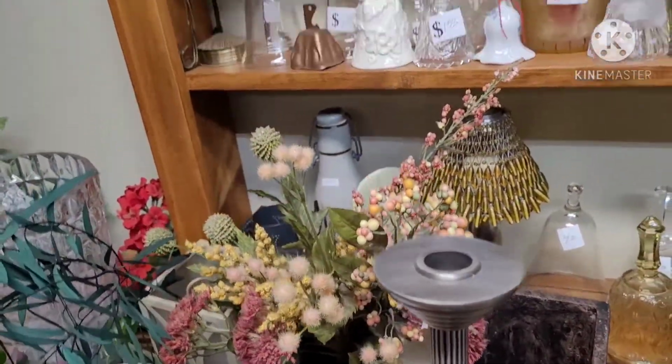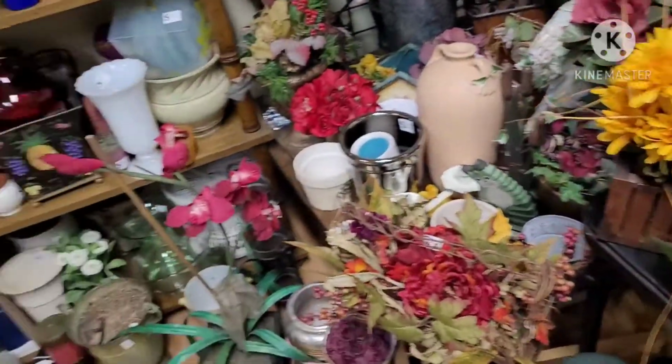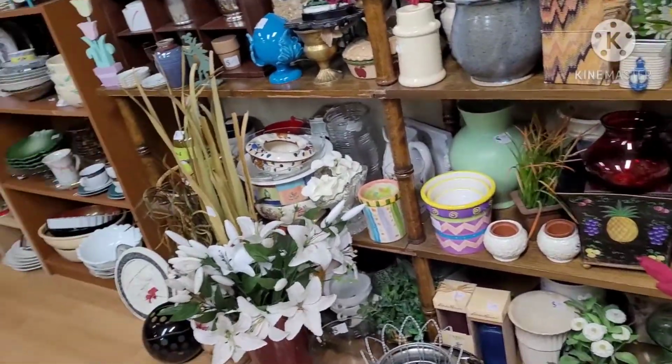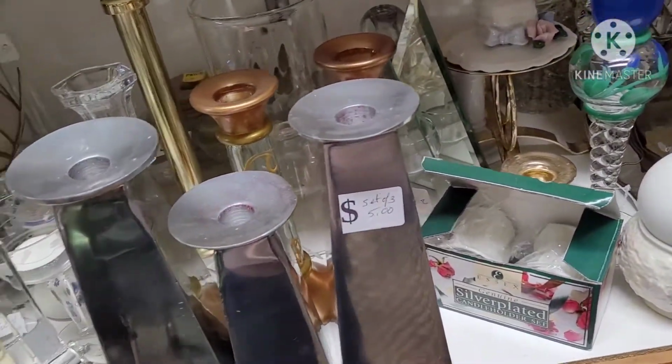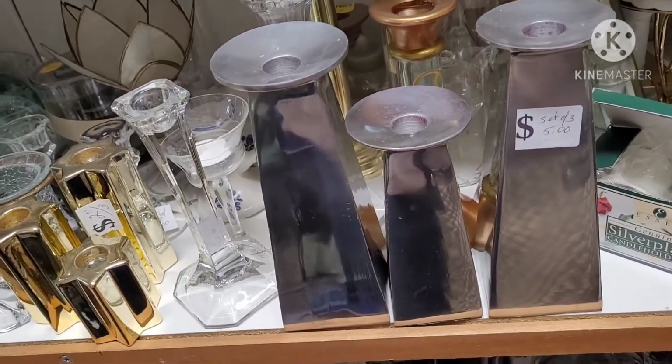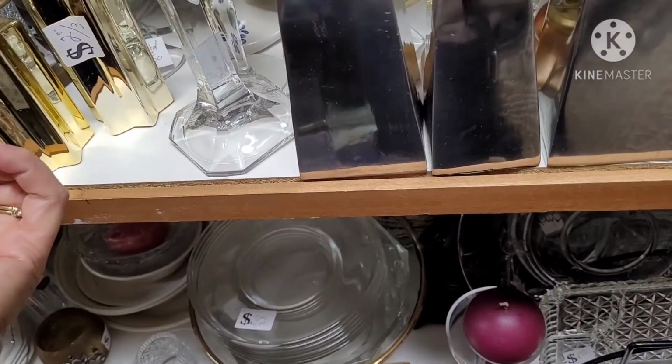packed full. The shelves are full. Every square inch is covered. As soon as people are buying things, they are filling it back up. They are constantly getting new donations in, and so I'm looking around to see what I can show you guys, and I'm like, oh, let